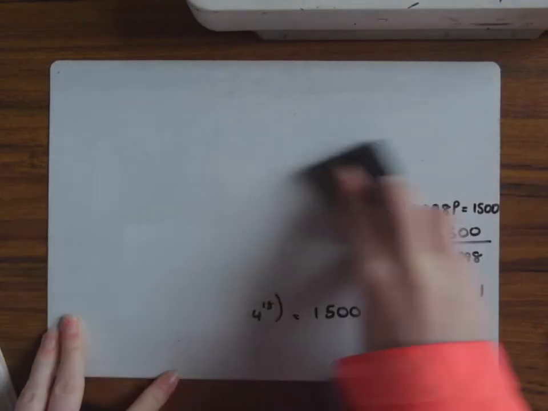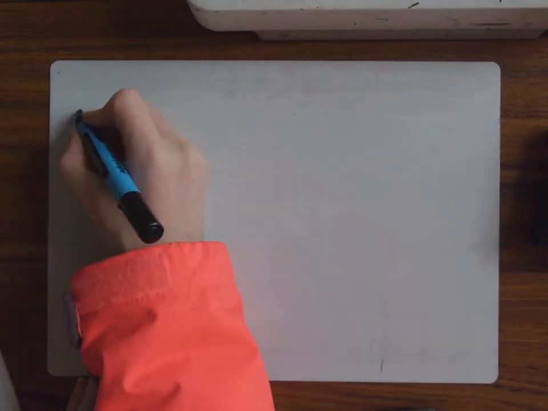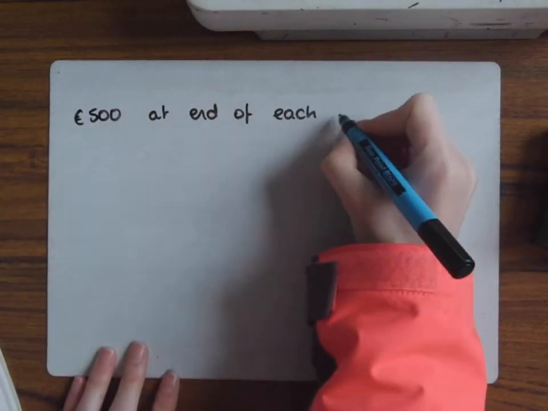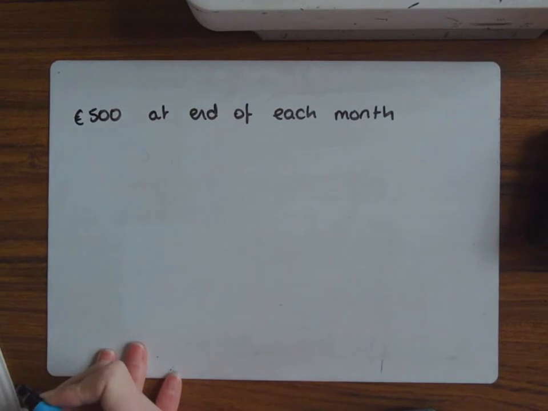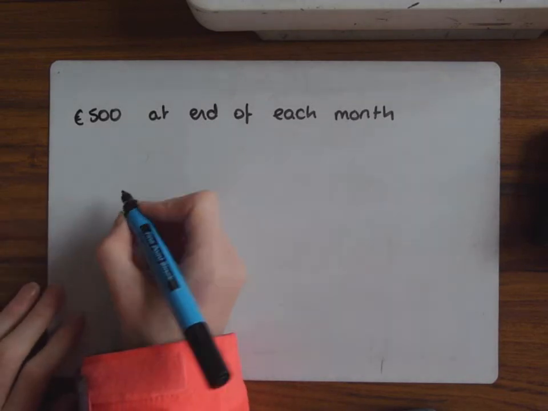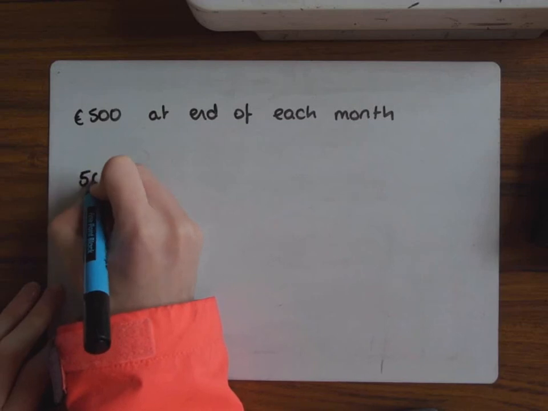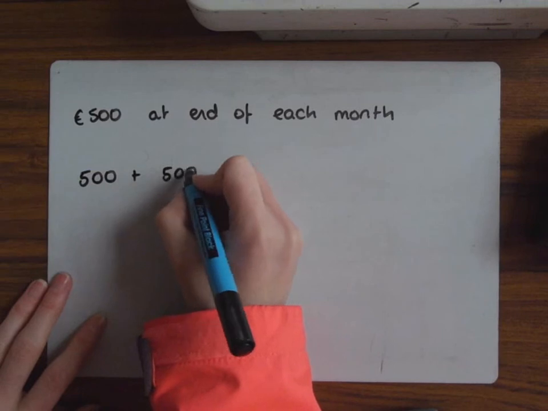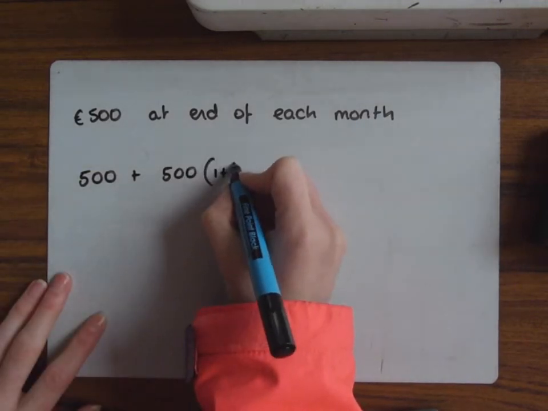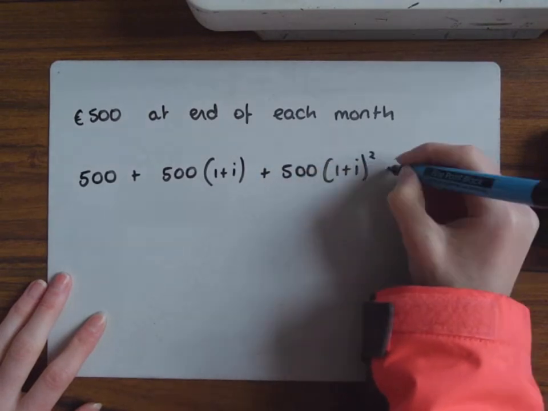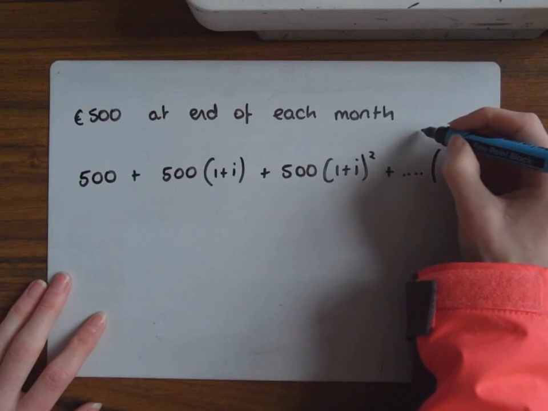In a particular question, if it said to you, you are saving €500 at the end of each month, that would mean in the first month, you don't earn any interest because you've only put it in at the end of the month. So your series starts with just 500. Then the next one would be 500(1 plus i). Then the next one would be 500(1 plus i) squared. And so on. And if we were saving for 36 months,